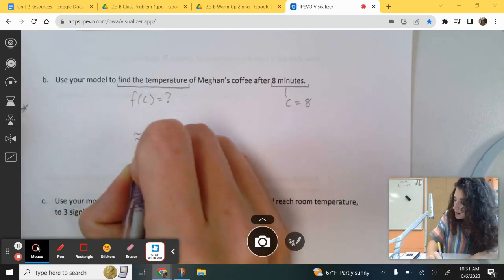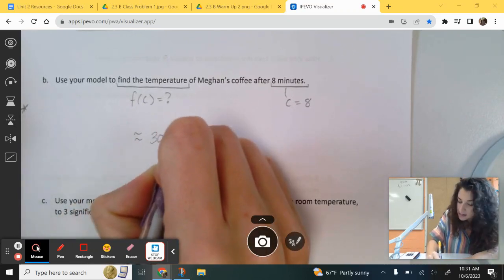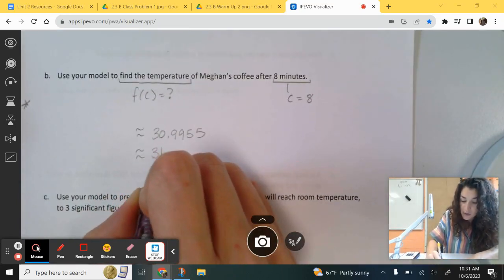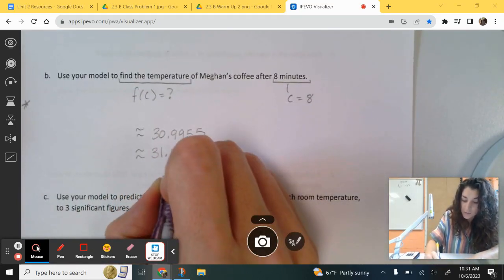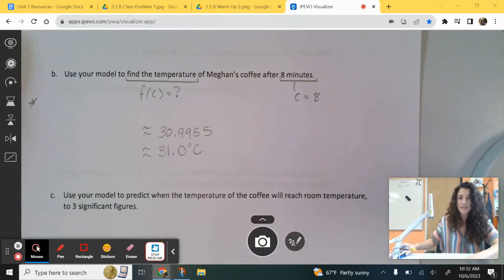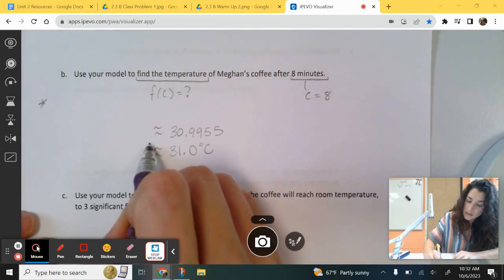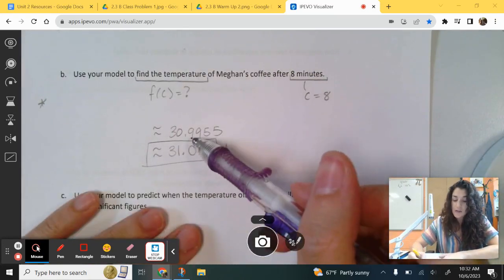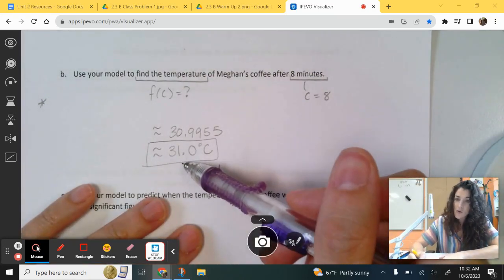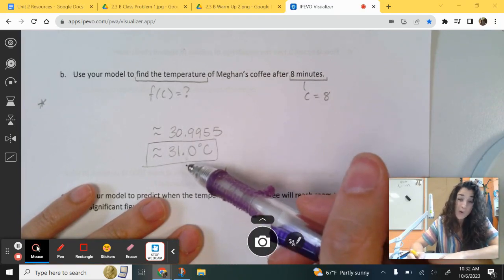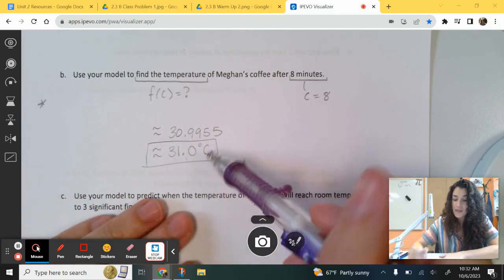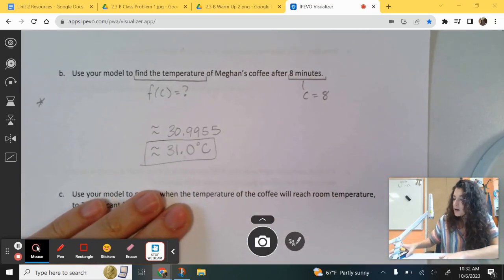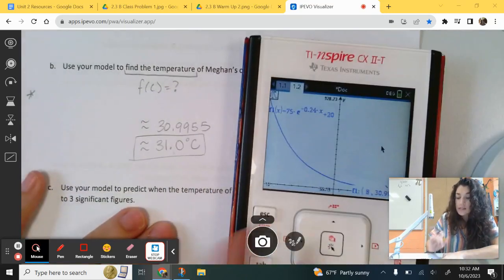The temperature is about 30.9955, which if I wanted to do 3 sig figs, that'd be 31.0 degrees Celsius. If you're nervous that your calculator is giving you just 31 instead of 31.0, which would be wrong if you wrote 31, then you can always make a table of your values, or instead of doing this on your